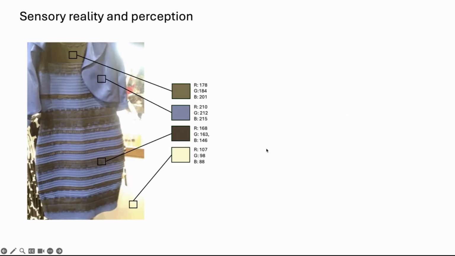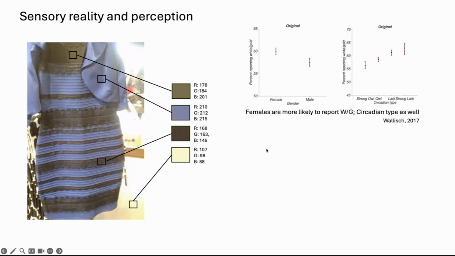But this interesting phenomenon doesn't really stop here, because then they looked at a bunch of other parameters that could potentially explain why you would even assume that the dress is in shadow or exposed to direct light. And what they found was that there are individual differences that explain your perception of the dress. For instance, females are more likely to believe that the image was white and gold compared to males. They also found that age plays a role, although I'm not showing this on these slides.